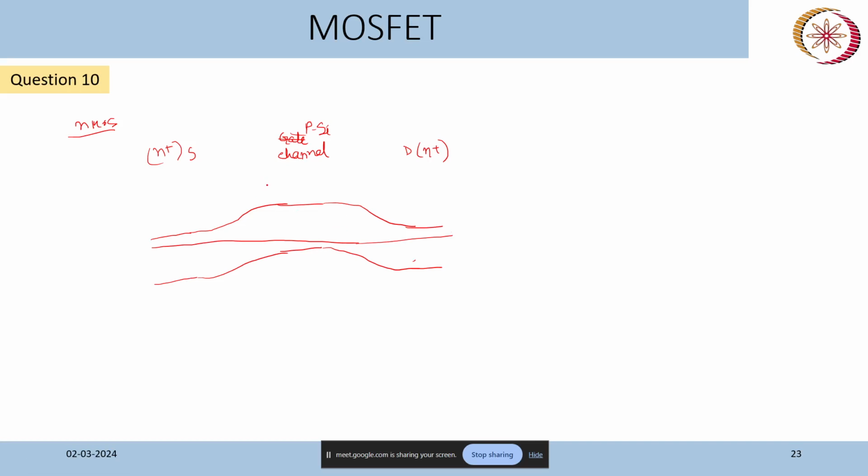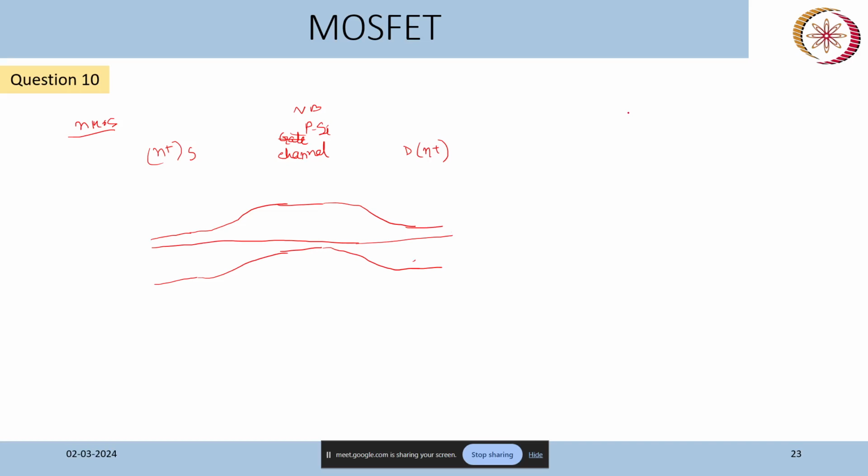There will be a flow of electrons between source and drain terminals that gives the drain current, and by the gate terminal this width is adjusted to change the drain current. We want this height to be adjusted only by the gate terminal. This n plus p junction is generally reverse biased so that there is no unwanted current. This is the body terminal, VB.